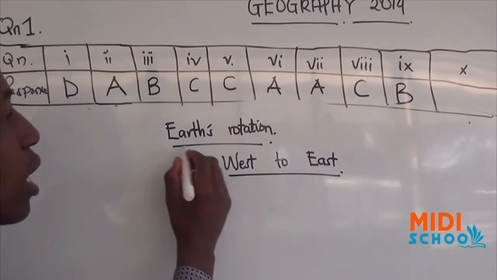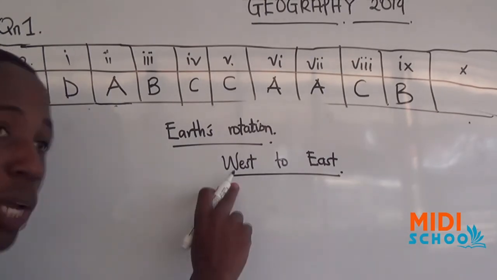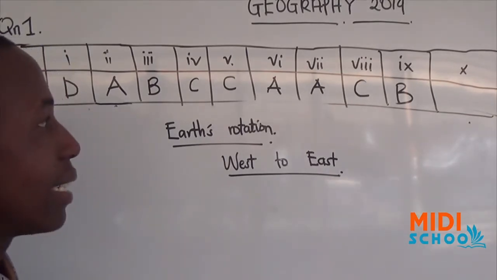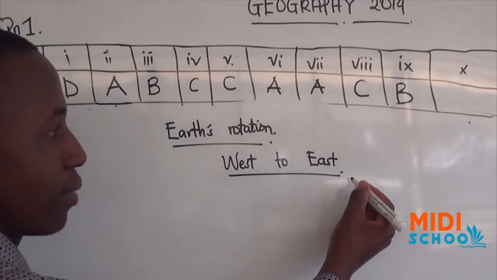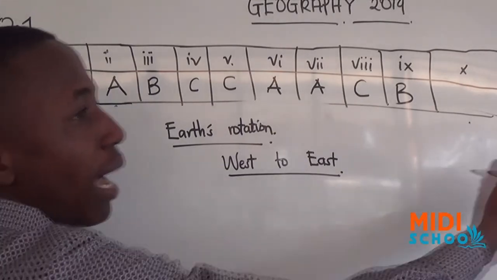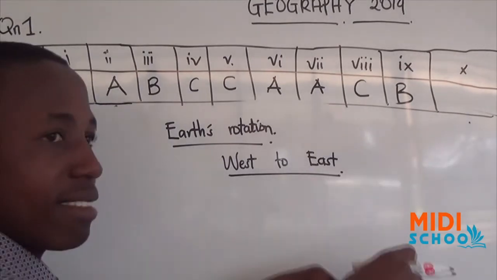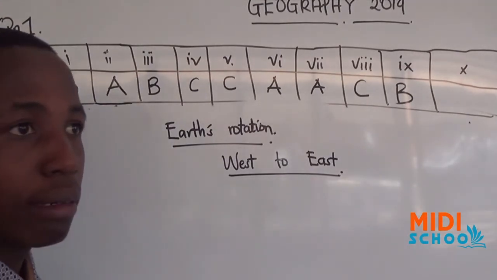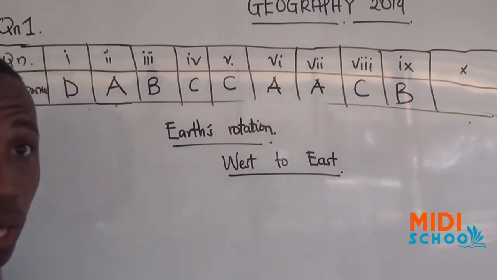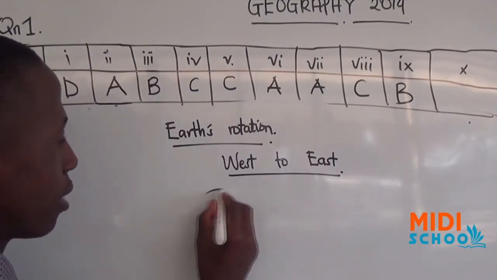So if the Earth's rotation is from west to east, meaning that even wind will blow from west to east. And again, people from the east will be far ahead in time compared to people from the west. It's the people from the east who see the sun first compared to the people from the west. And this, as you know, is from the longitude,